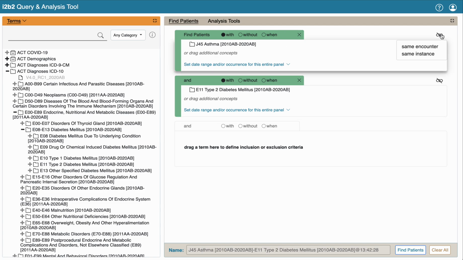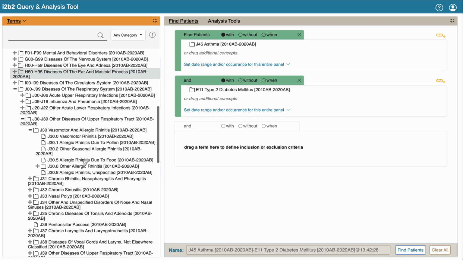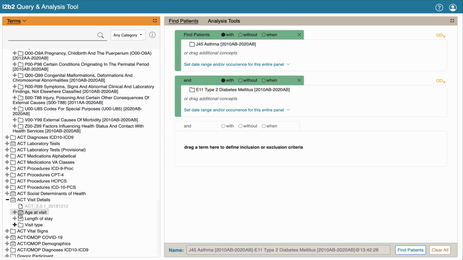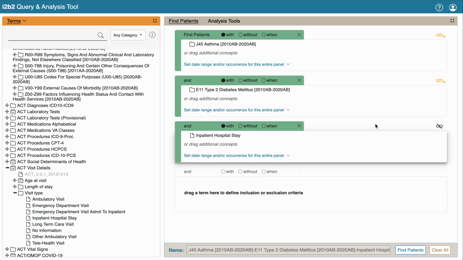To search for patients who are assigned two different diagnoses during the same clinical encounter, link the two query panels by selecting Same Encounter. Linking the panels by same encounter can also be used to filter by clinical setting or other encounter attributes. For example, by dragging inpatient visit into a new panel and then selecting same encounter to link